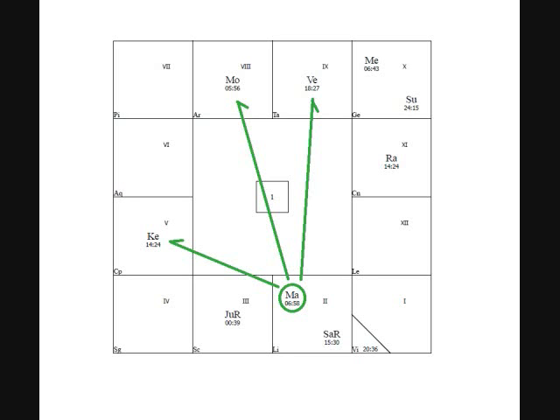So what we see here, Mars in Libra, we count around clockwise to the 4th house from Mars, and we get to Ketu, which is in Capricorn. If we count around 7 houses from Mars, we get to Aries, where the moon is located. So Mars is aspecting Aries and the moon. And we can also see that Mars is aspecting 8 houses from where it's located to Taurus. So again, beginning with Libra as number 1, we count around in a clockwise fashion, and Taurus is the 8th